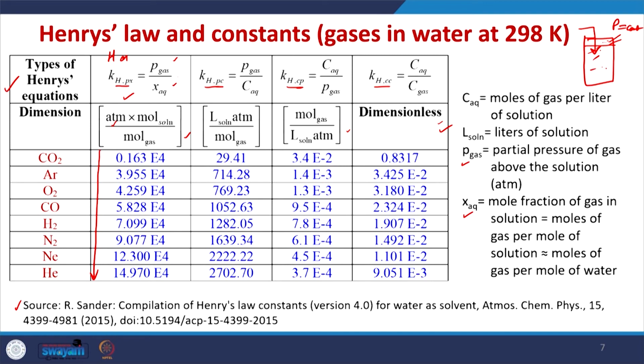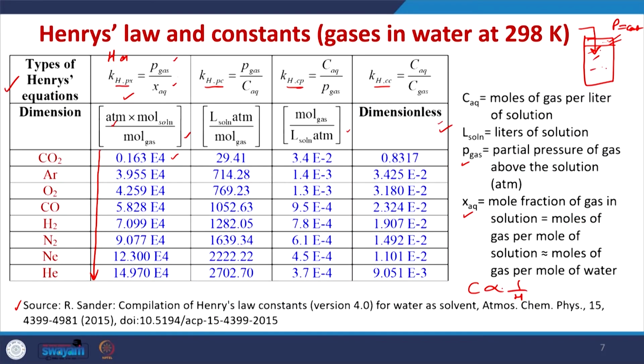Under the same partial pressure condition the solubility of CO2 will be highest, and the solubility of helium will be lowest because it has a higher value and since the C is inversely proportional. So, the values are always increasing in this manner, but the solubility will increase in this manner. But this is only true for the condition where the partial pressure is constant, but partial pressure has a lot of effect because in natural environmental conditions the partial pressures are different. Now, we'll understand this by solving some problems.